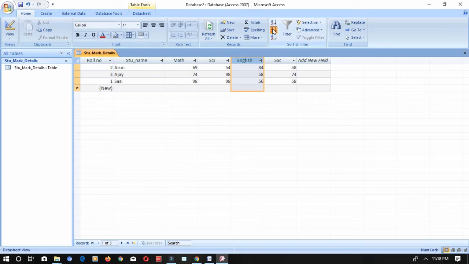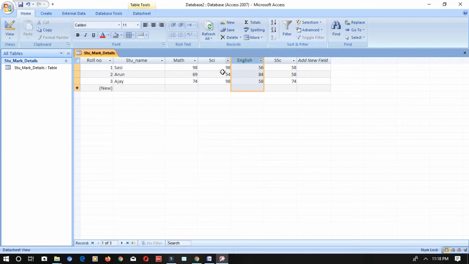If you wanted to remove the sort option, that is also possible. So how can you remove that? You can go to the sort and filter group and then see this last one. This is clear all sorts. It will clear all the sorts and go back to the initial position. In the home tab, in the sort and filter group itself, you have ascending order, descending order, and this is removing the sorting, clearing all sorts.